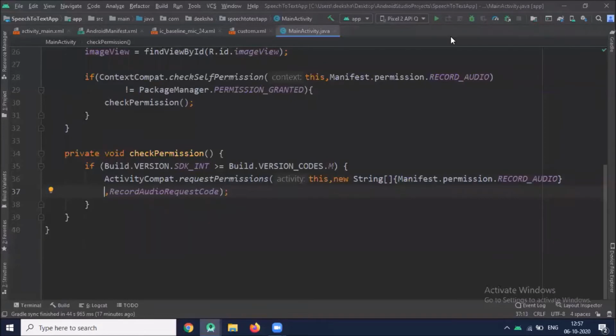To convert speech to text, we will use the SpeechRecognizer class. So we will initialize the speech recognizer object first.